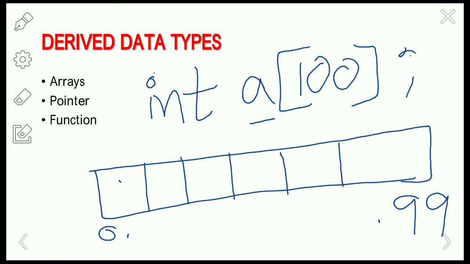Okay, so next one is pointers. A pointer is a variable that holds the address of another variable of the same data type.